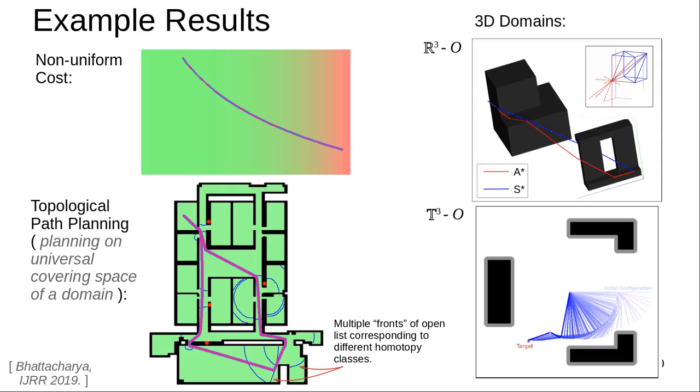And it naturally extends to three-dimensional domains. So here you can see the path in blue. That's the one found with S star search, whereas the red is the A star search path. And the blue one is closer to the true shortest path in this three-dimensional configuration space. But not only Euclidean three-dimensional configuration space, it works with configuration spaces with